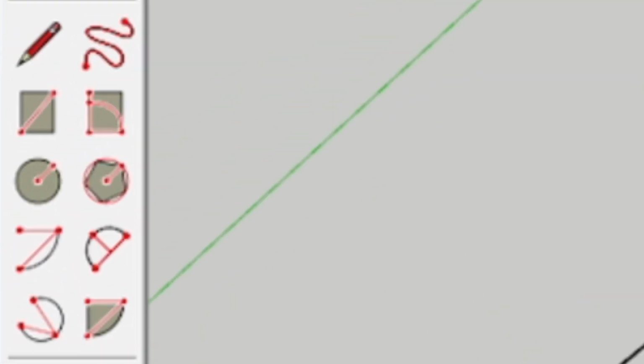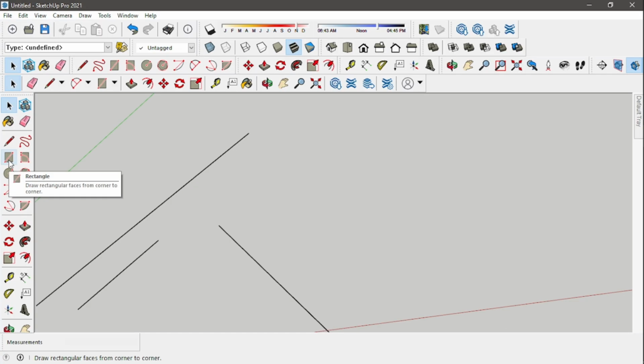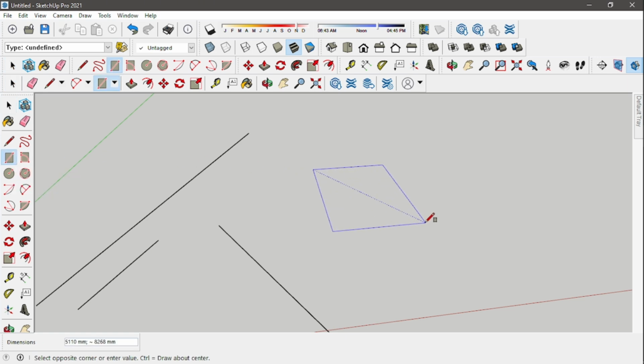Next, we have the Shape tools. These tools will automatically create the desired shape. To use these tools, click on the shape tool you want. As a sample, I use the rectangle shape for this one, and then click any area of the base plate.